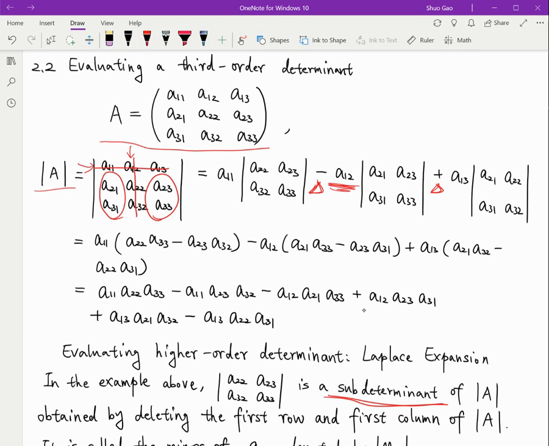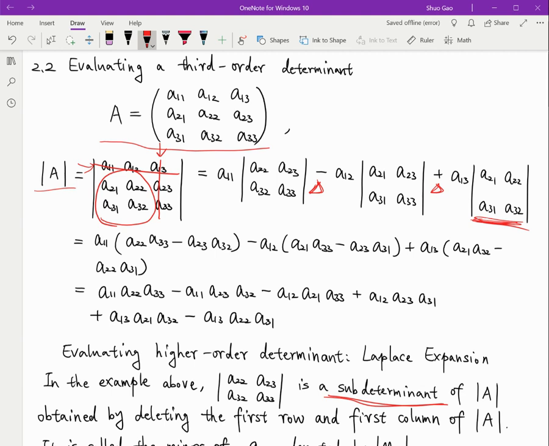And for A13, everything is similar. So A13 lies in the first row and third column, right? So this little matrix is obtained by deleting the first row and third column where the A13 lies. And what is left is the four elements here, A21, A22, A31, A32. So these four elements, we combine that together. So this is the submatrix